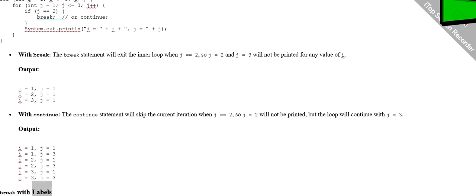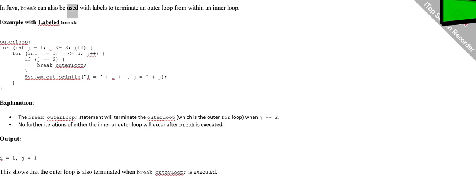Break with labels. In Java, break can also be used with labels to terminate an outer loop from within an inner loop. Example with labeled break. outerLoop: for (int i = 1; i <= 3; i++) { for (int j = 1; j <= 3; j++) { if (j == 2) { break outerLoop; } System.out.println("i = " + i + ", j = " + j); } }